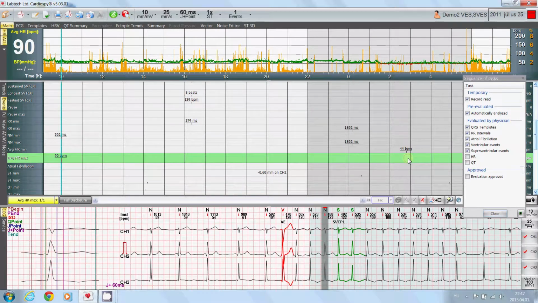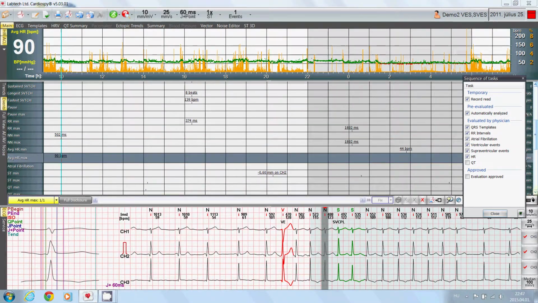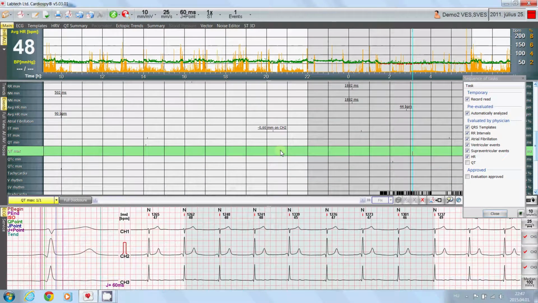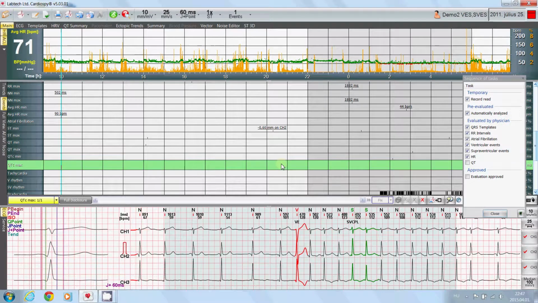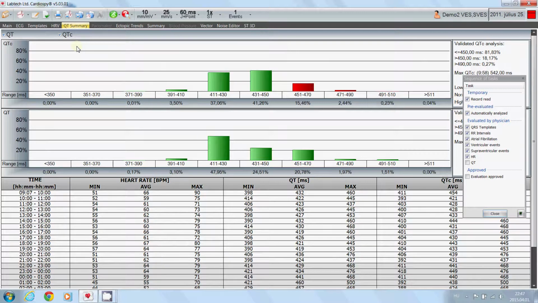You can complete this step as well, and then have a look at the minimal and maximal QT or QTc episodes and decide if they are within the normal limits. You would also probably want to have a look at the QT and QTc summary graphs and tables on this screen. If you complete this, we have basically completed all the steps of the Holter analysis,